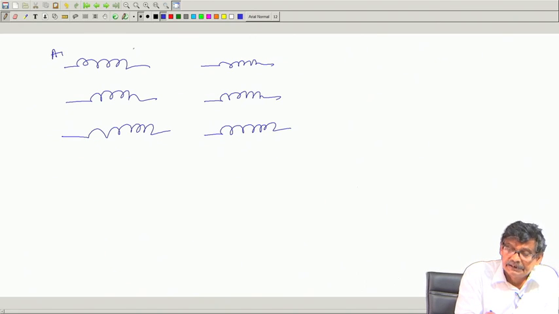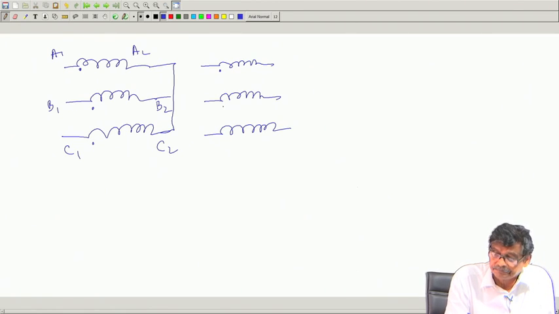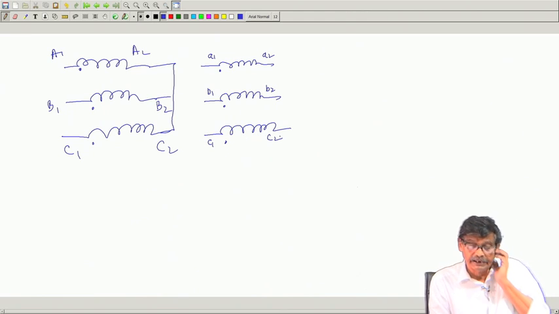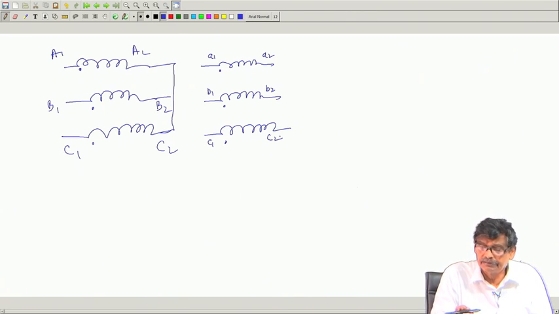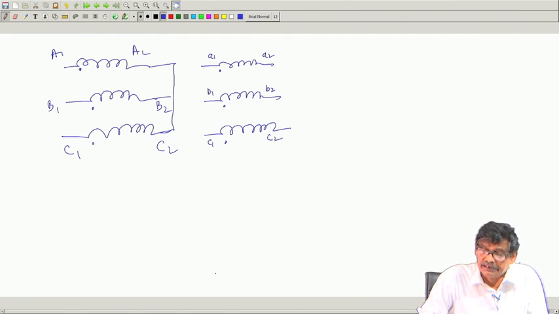Here is A1, A2, B1, B2 and C1, C2, and he makes a star connection. Okay, this way he makes it, and mind you, the dots are known, but he does not care. These are A1, A2, B1, B2 and small c1, c2. What does he do? He knows that delta connection means connecting three coils in series and closing this. And suppose he connects it in this way.